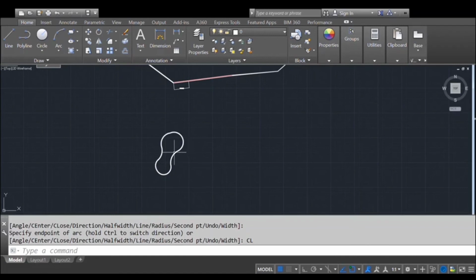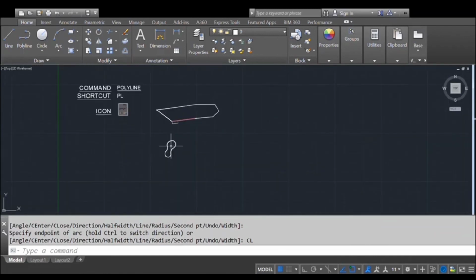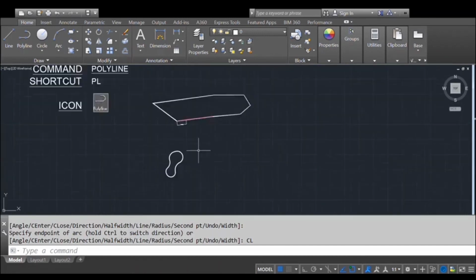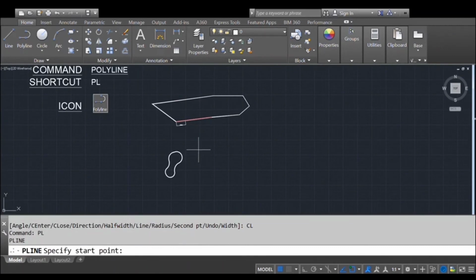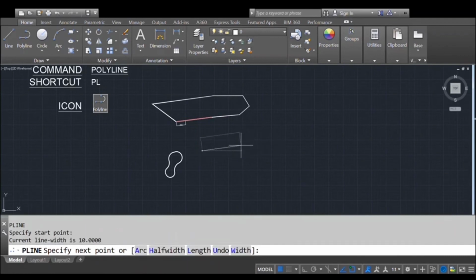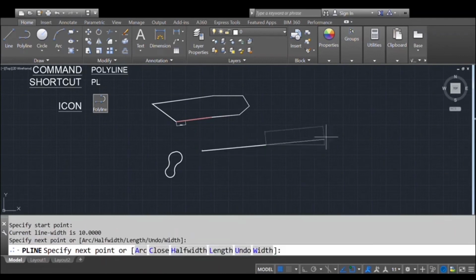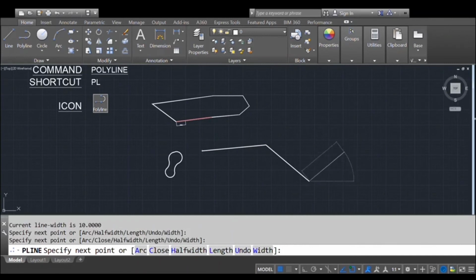We can either draw a polyline using line and arc, or we can combine both. Now I am going to show how to combine them. First enter PL, enter, give the first point, draw a line and give the second point. For the arc command, you have to type A and enter, and the arc command gets activated.